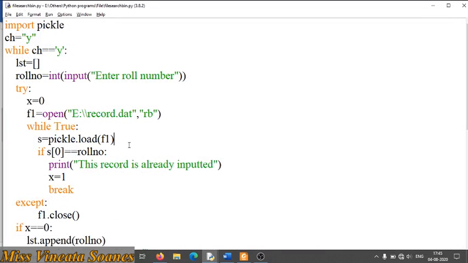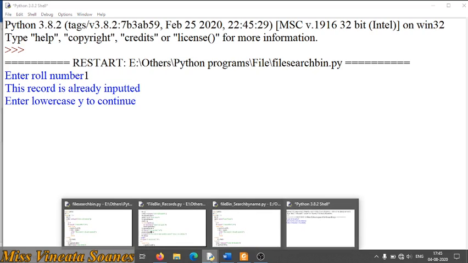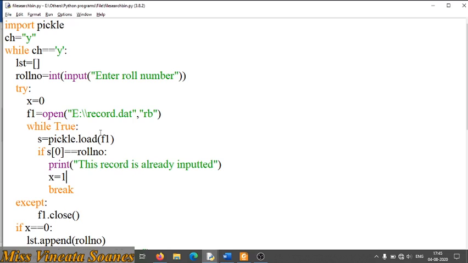Let me run it fresh. So enter roll number, we already have roll number 1, right? So when I enter 1, you see this record is already inputted, okay. Enter lowercase y to continue, that is same as we have done earlier. Now what happened here is that the moment you enter that 1, roll number 1, it goes to try,